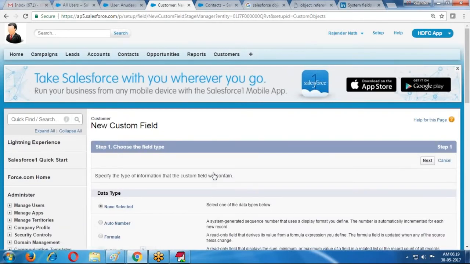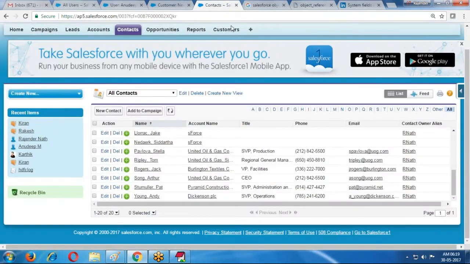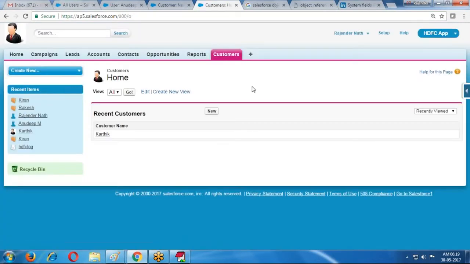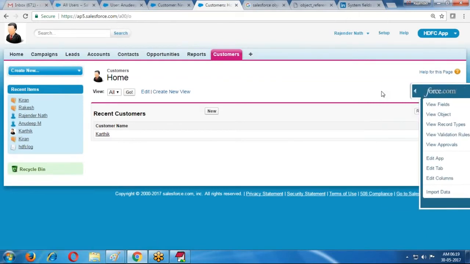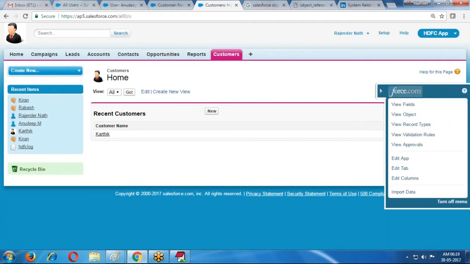Instead of selecting like this in a lengthy process, there is a shortcut. Just click the object name tab. In which object do you want to create? The customer object. Just select the customer object. In that customer tab, we have a shortcut menu. On the right side, there is a small arrow.